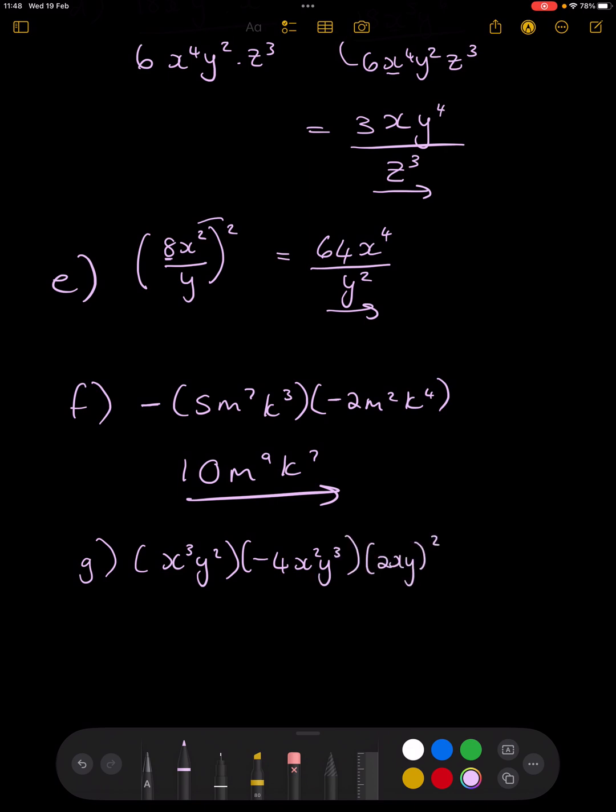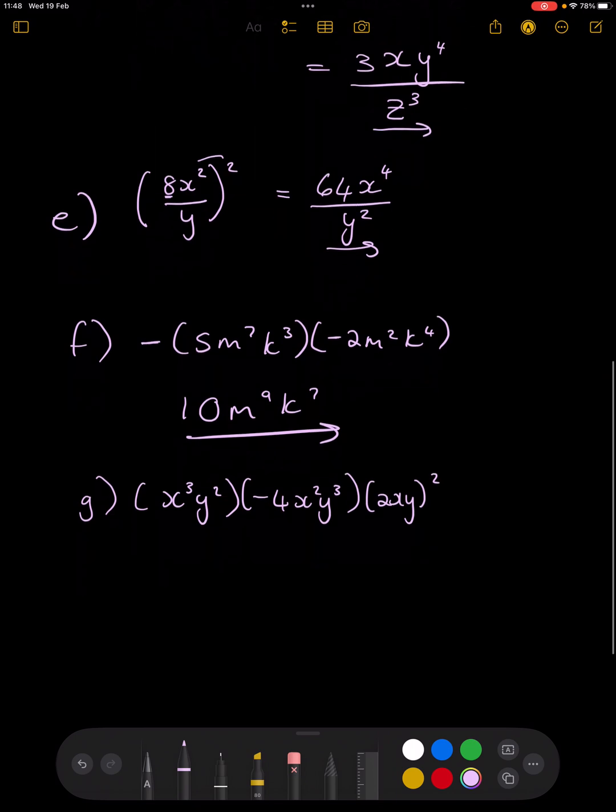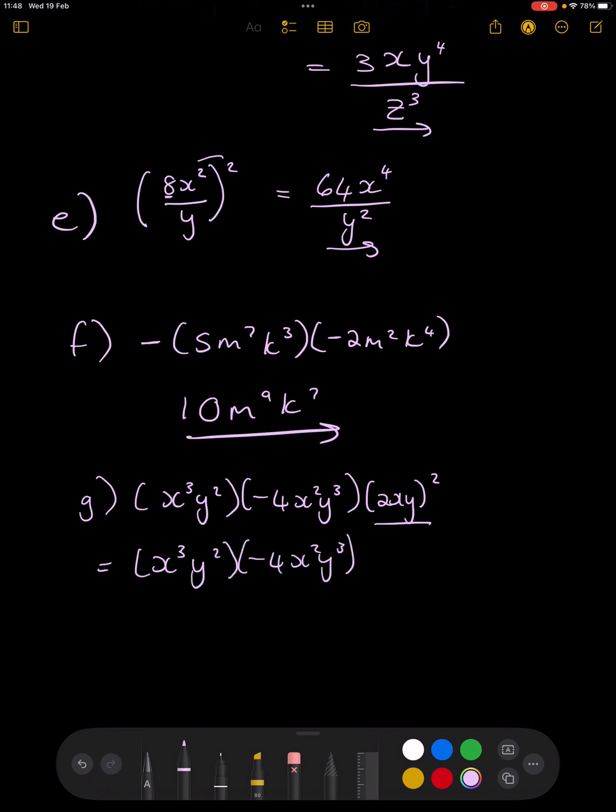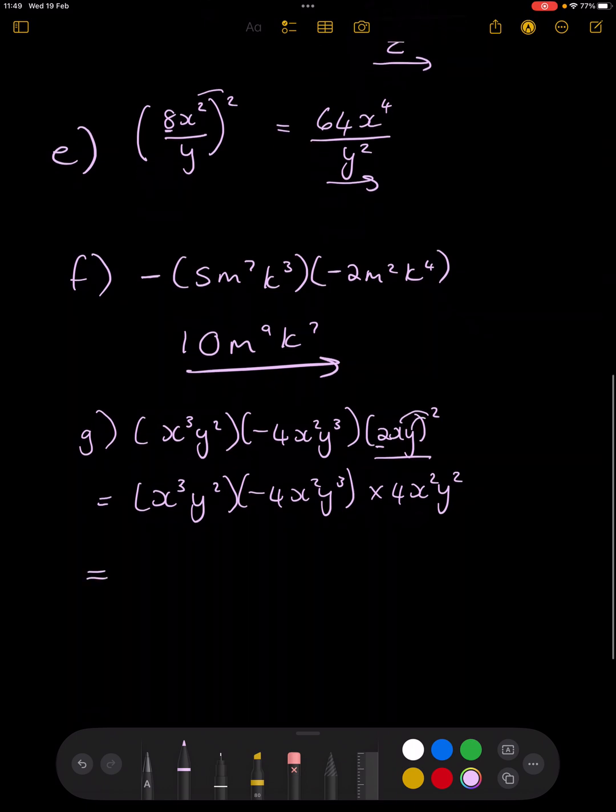With this one, there is an exponent with a last bracket, which means that is going to be my number 1 priority. So for now, I'm just going to write the rest of the sum down again so that I can first go and solve for that. So 2 to the power of 2 is 4. Then I've got my x squared and my y squared, because that exponent has to multiply in with both of those. Now I can go and multiply everything together, so I only have one negative, so my final answer will be